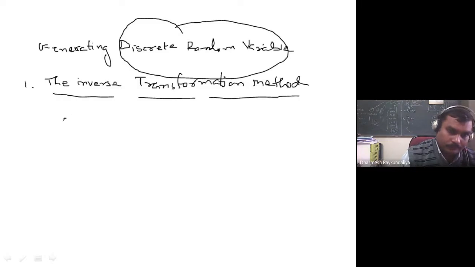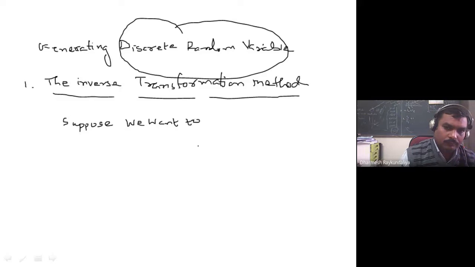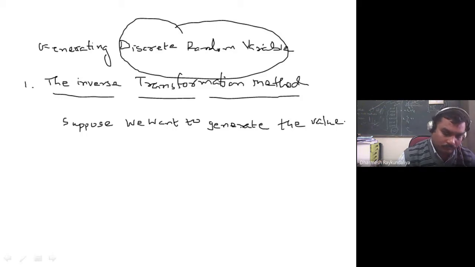Suppose we want to generate the value of a discrete random variable x having probability mass function